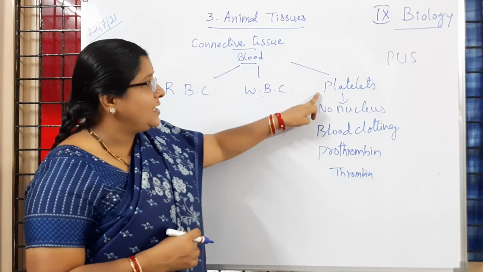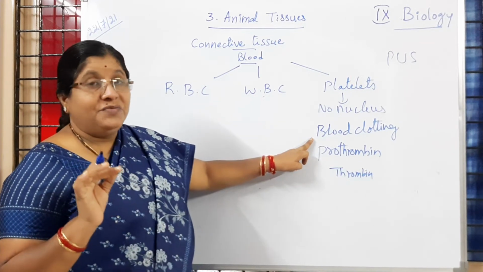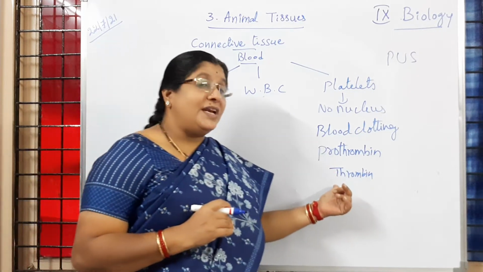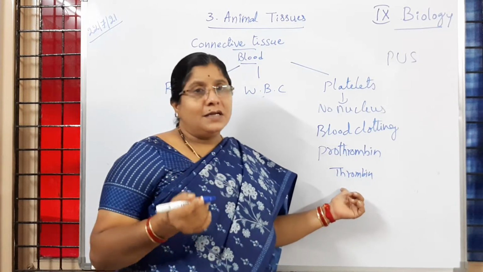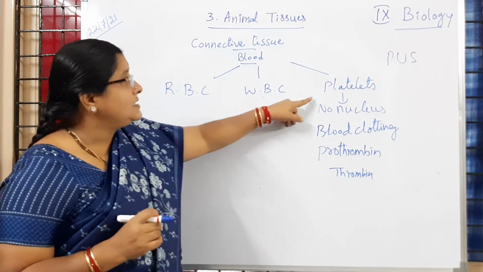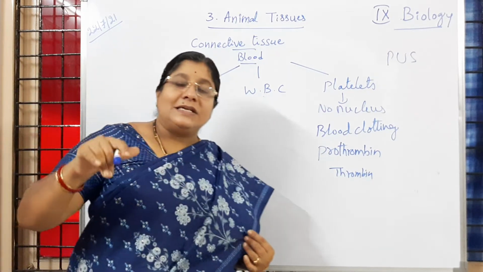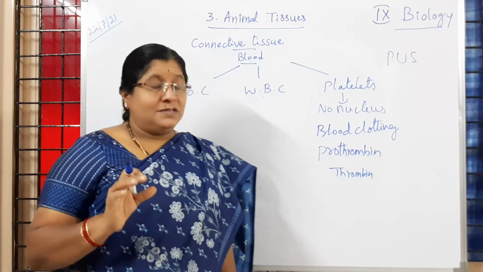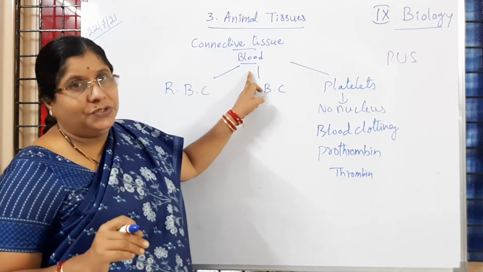So what is the function of platelets? Platelets help in the formation of blood clot, which prevents the loss of blood from the body. Is it clear to you? They contain proteins which help in clot formation, so that the person will be in safe hands. Is it clear to children? In that way, the 3 different blood cells help in performing different functions, and all these cells are freely flowing in the plasma. So the plasma is the fluid part of blood, that's why it is called a fluid connective tissue. Is it clear to children?